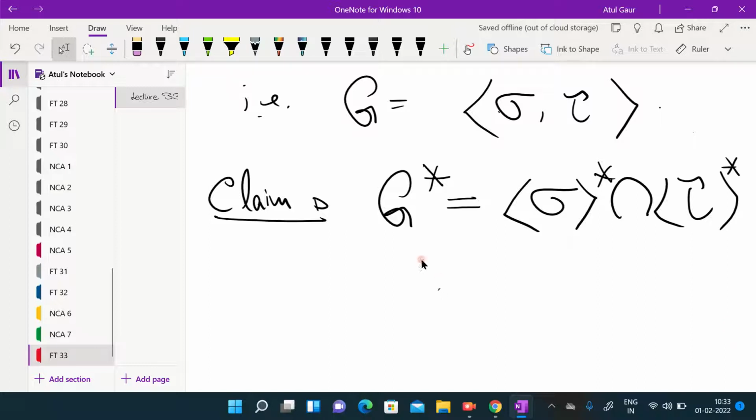Is this all right? This is quite obvious from the definition. Suppose you have an element of K(t) that is fixed by every element of G. Every element of G is fixing that element. So sigma and tau are already in G, so sigma will also fix it, tau will also fix it, so it will be in the intersection. Is that fine?